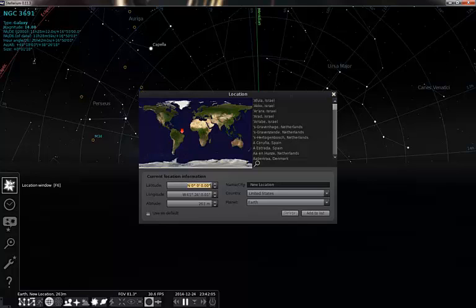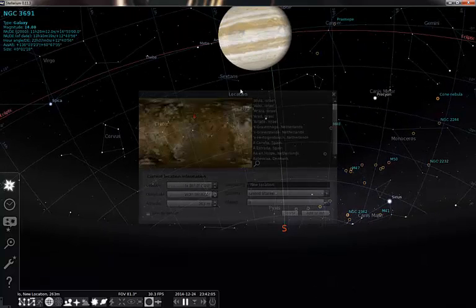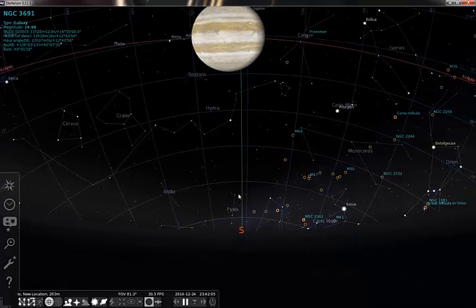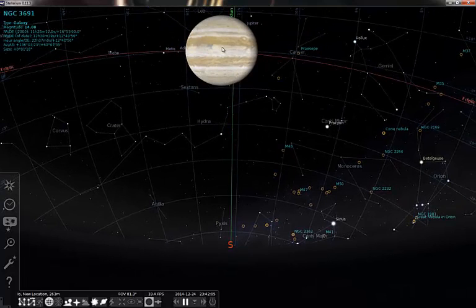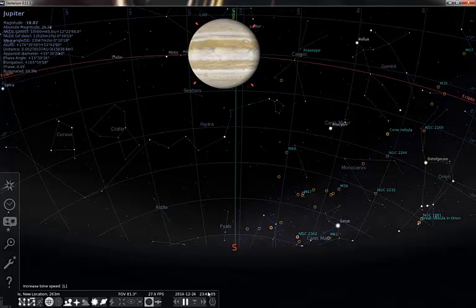Okay, let's do a couple more things, but we're going to change our location to Io. Io is a moon of Jupiter. As you can see, we're looking at Jupiter. And I want to show you something really interesting about most moons and their orbits. So, you see here we have Jupiter, which is pretty much directly above us, pretty straight up, and we're going to watch it